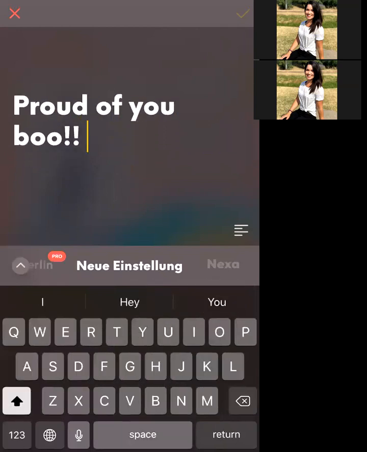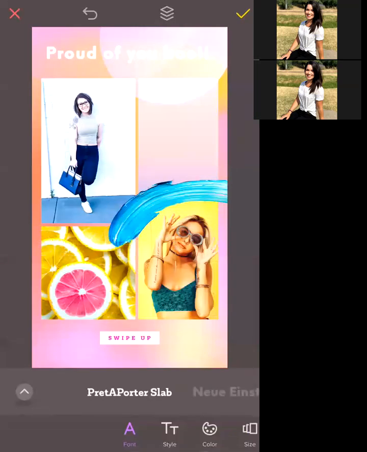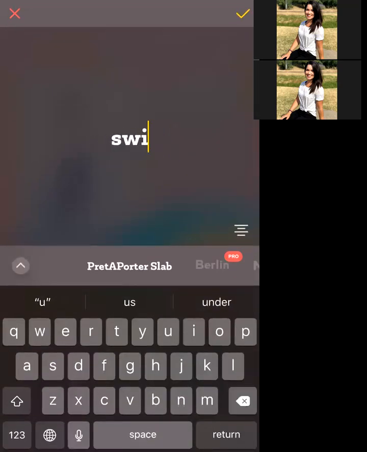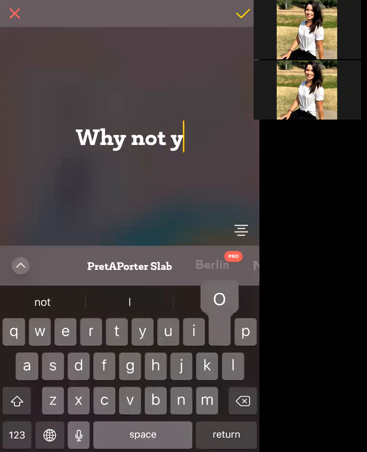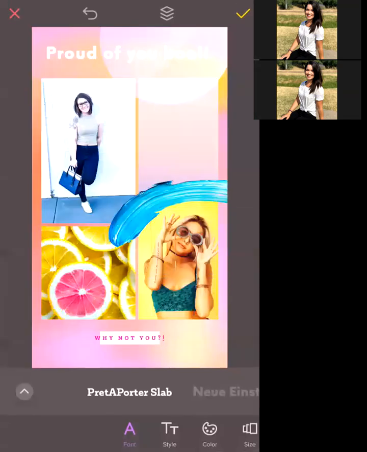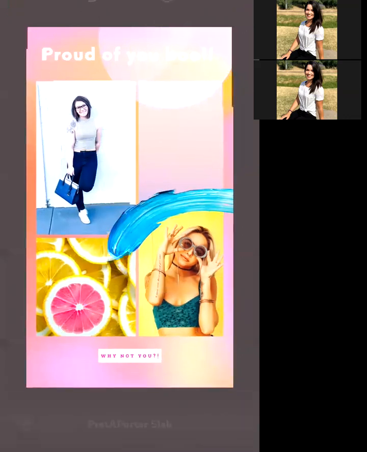Proud of you, boo. I'm going to double click down here, say, why not you? And I like it. I'm super OCD, so if you notice, it's giving me lines, so it's telling me I'm directly in the middle of the entire page, and I'm also directly in the middle of that box. So I love that. So you can click done,